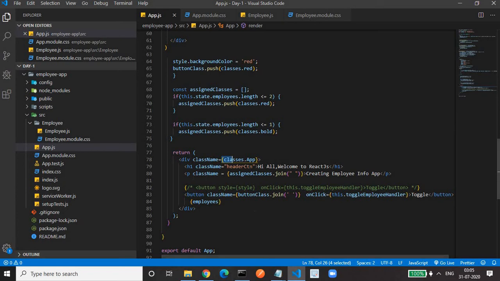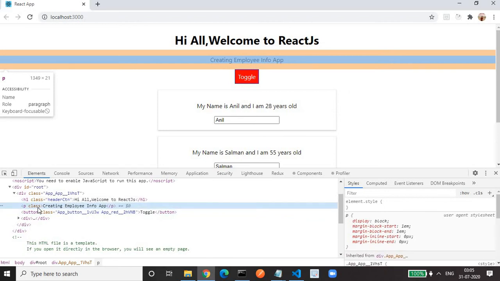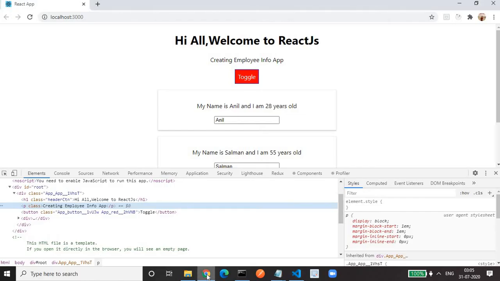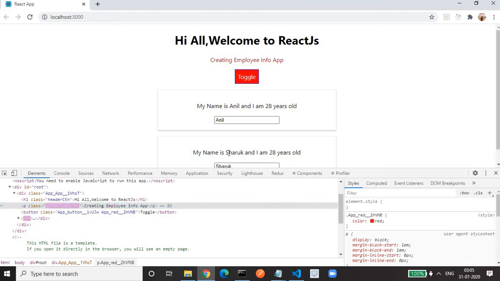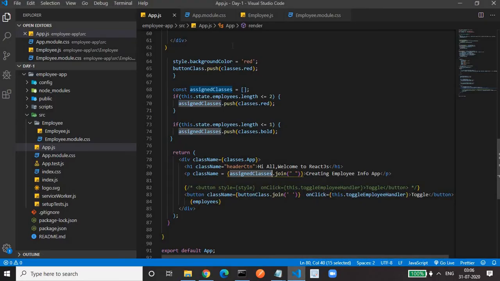Then in the paragraph section, we have added an array of classes. If you see, initially no class is added because initially the assigned class array is empty. If the number of employees is less than 2, we will see, if I delete one employee, the red class is applied. So red is our class, the red that we have defined here.